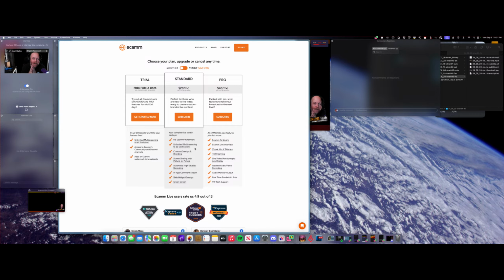But anyways, it requires at least 22 megabits per second for your internet. That's the upload. So if your internet is not as robust, that's going to be a limitation. But that's not on the software, that's on your internet side of things. And of course, you got unlimited overlays and branding, screen sharing with picture-in-picture, in-app comment stream, which, let me go ahead and